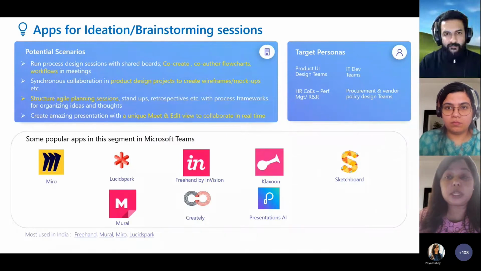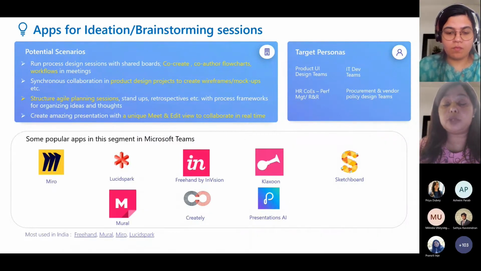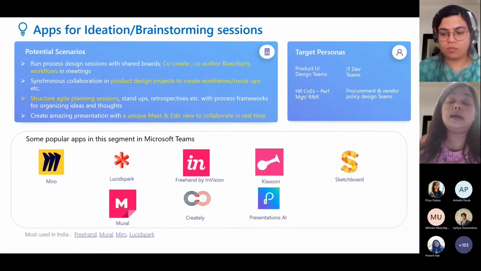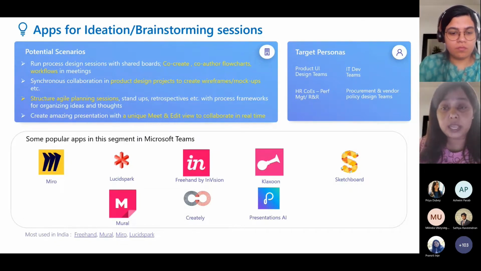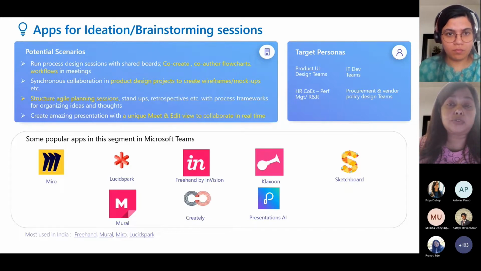So today, some of the potential scenarios that the users have, right, where you want to come together, work on a shared dashboard, work on co-author flowcharts, workflows, etc. Second is more of like creating wireframes, mockups specifically for any product-based companies where designers, where developers come in together and work in real time to increase the productivity, to churn out outputs in a quicker time, right? So that is really important. So today, going along with the theme of richer meeting experiences, we have a couple of apps showcases lined up for you, where we'll show you app experiences around different areas or different use cases that have been listed here.